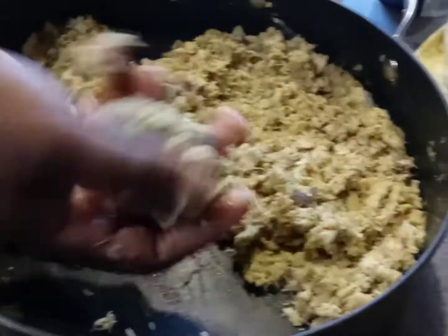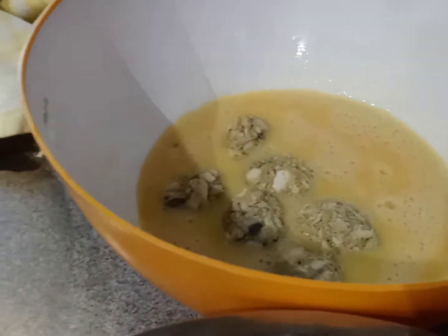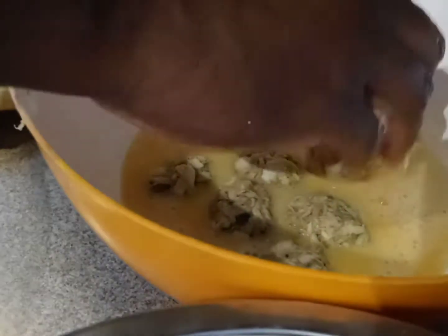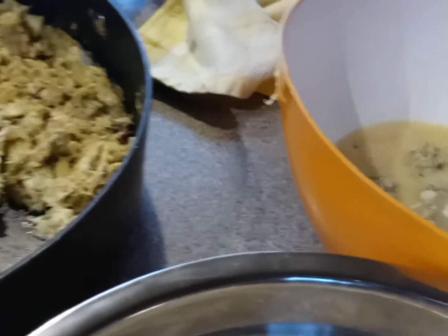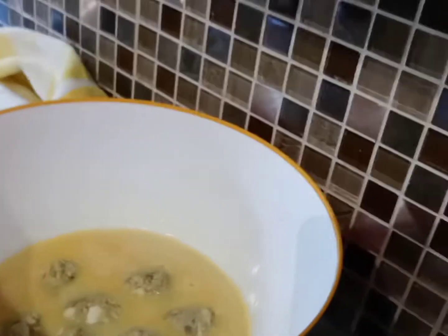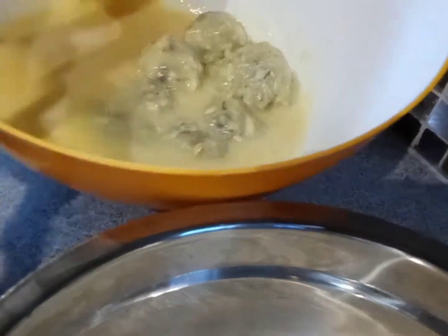Roll them into sizable balls. Wash them in the egg. Then you transfer them to the panko or the breadcrumbs. The breadcrumbs. We are using breadcrumbs here. We're not using panko. So yes, washing my hands, drying them up. Just transferring it now